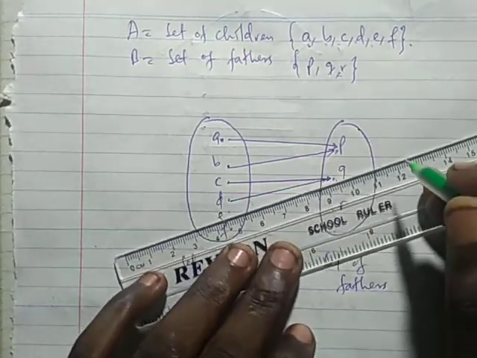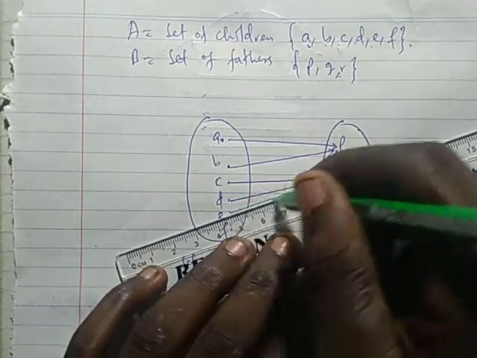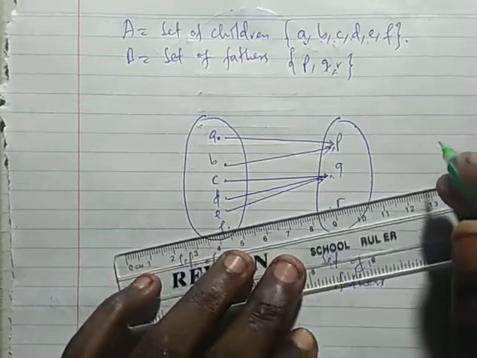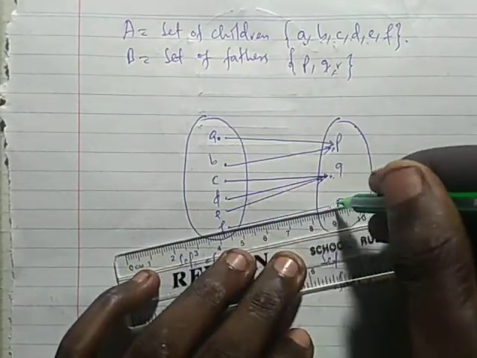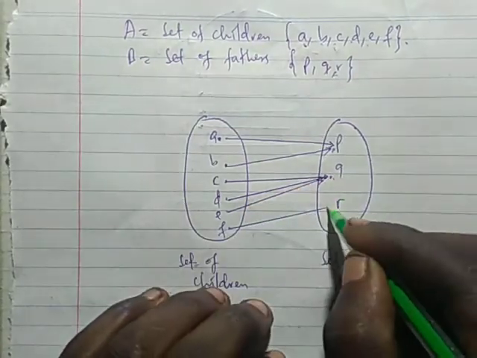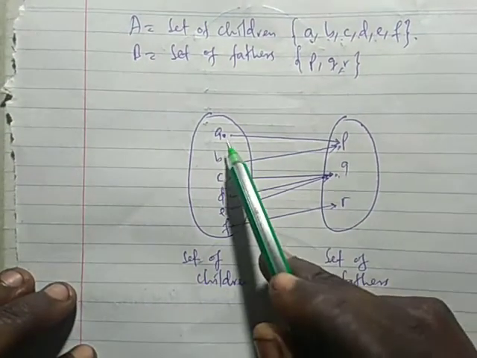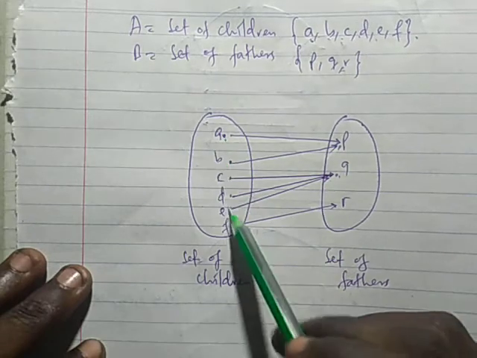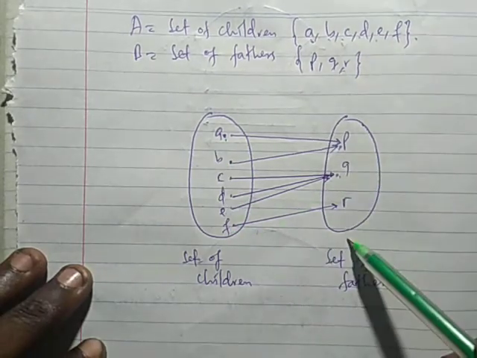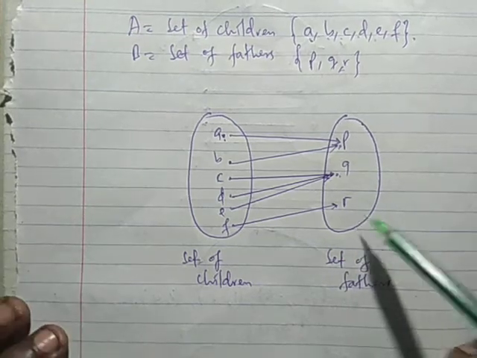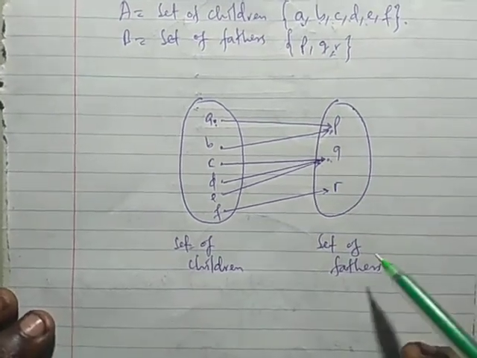And also even E babake awe ni nani? Ni Q. Even E babake awe ni Q. Then F awe na mtoto mmoja ambaye F babake awe nani? Awe R. So that means huku tuna set ya watoto, mtoto A, B, C, D, E, F, na huku tuna set ya baba. Sasa unachoweza kuona ni kwamba hapa kwenye hii pictorial presentation, kinachoelezewa ni kitu ambacho ni cha